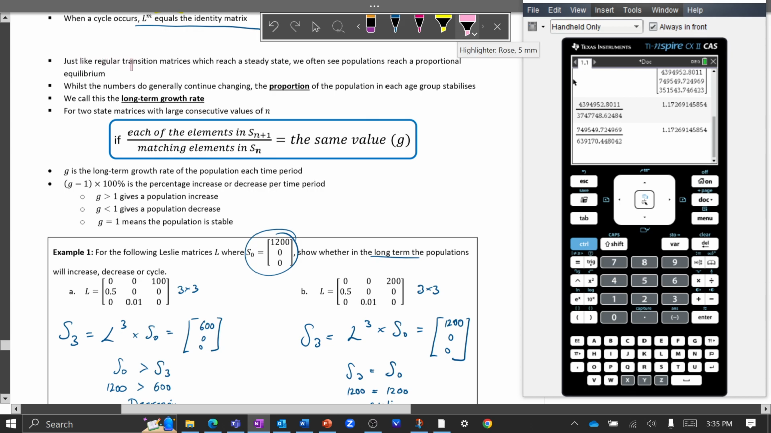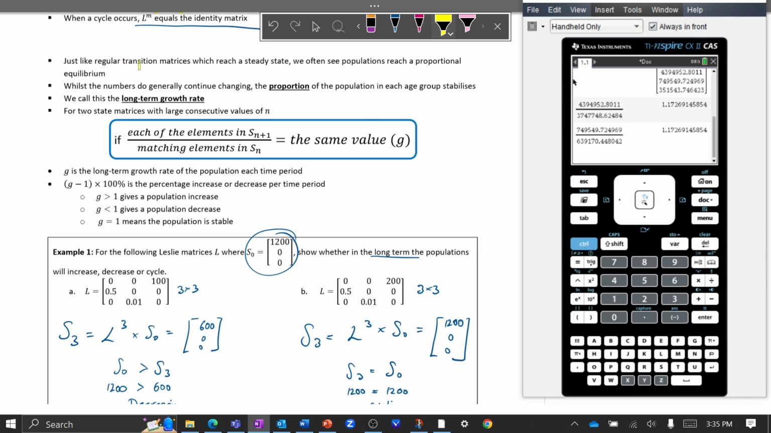Just like regular transition matrices, which reach a steady state, we often see populations reach a proportional equilibrium. While the numbers do generally continue changing, the proportion of the population in each age group stabilizes. We call this the long-term growth rate. For two-state matrices with large consecutive values of n, if each of the elements in S of n plus 1 is divided by the matching elements in S of n,